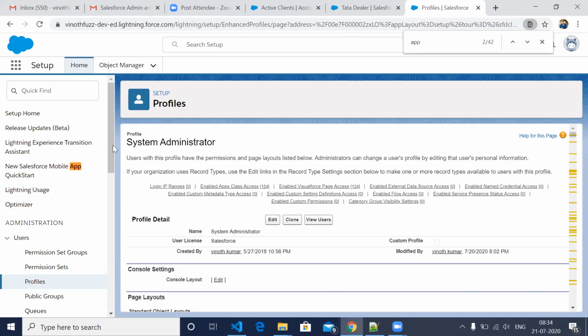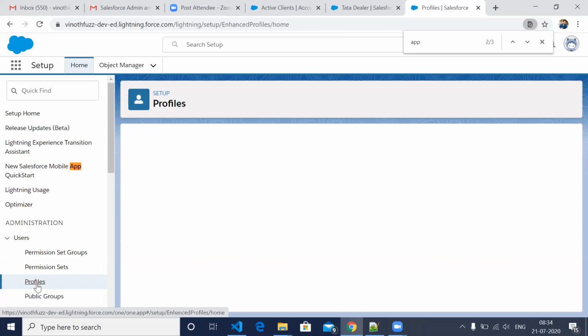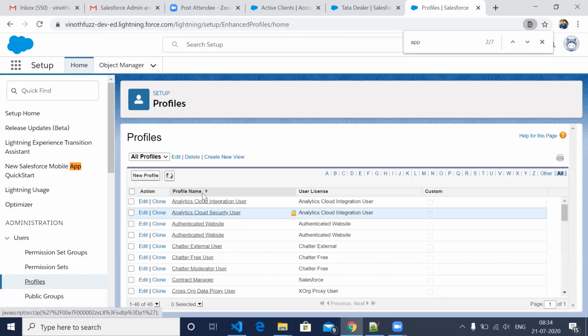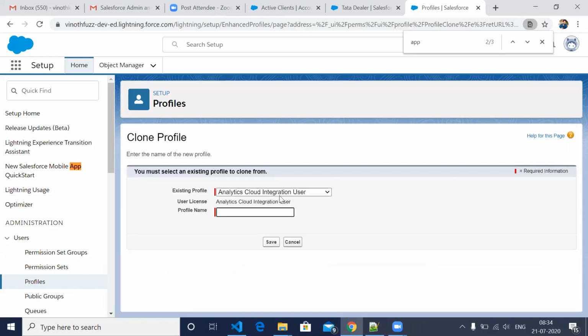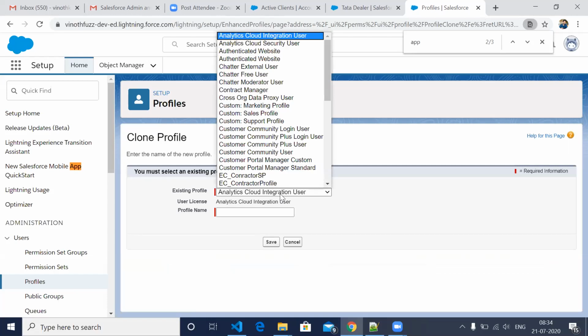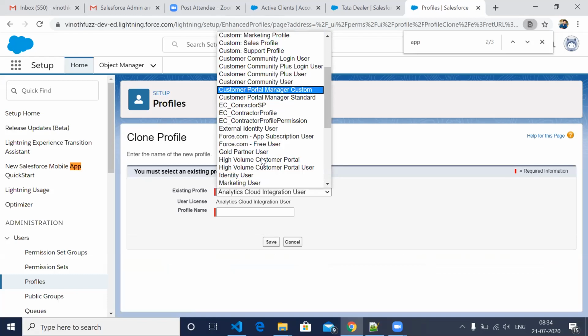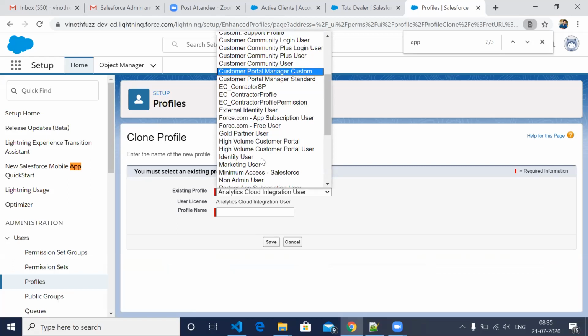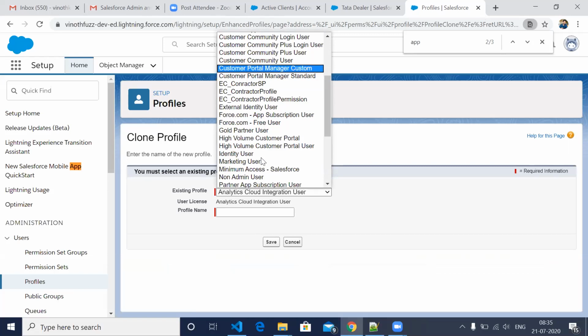You can create a new profile also, if you want a brand new profile. So I came to profile and clicked on new profile, and it's suggested to create a new profile by copying an existing profile, because it has so many settings, so many object accesses and everything.